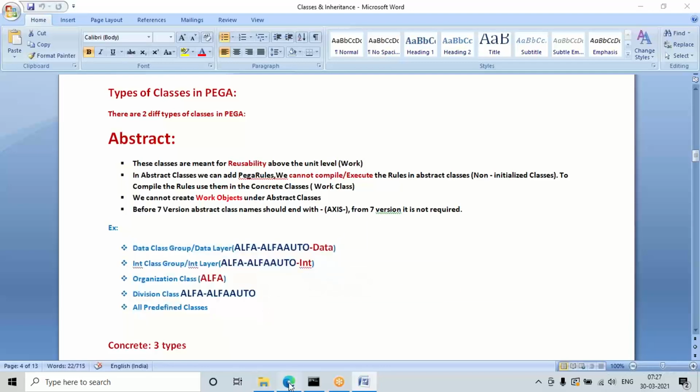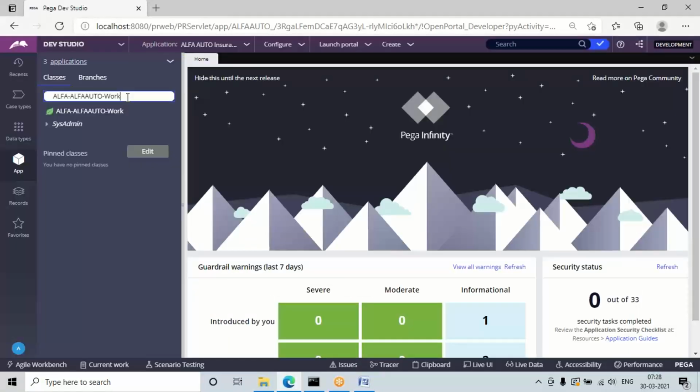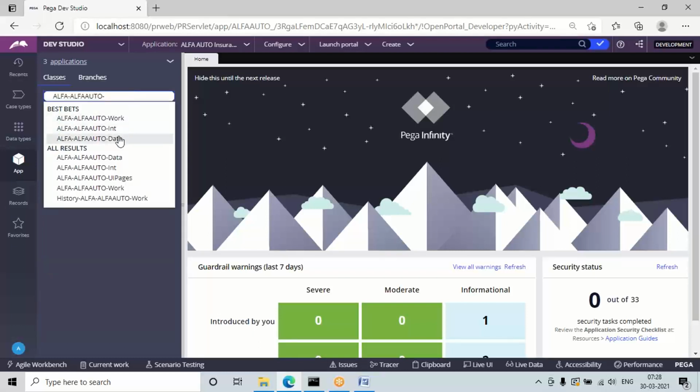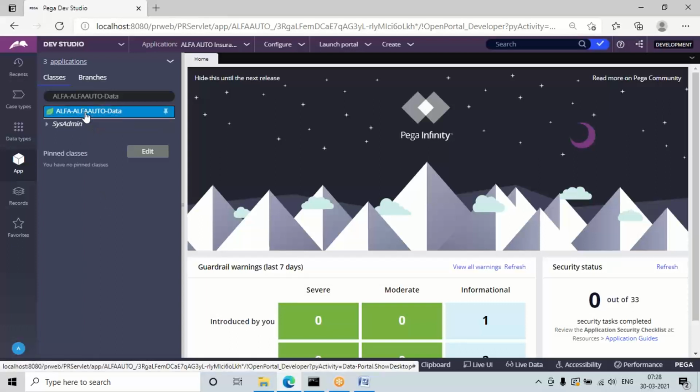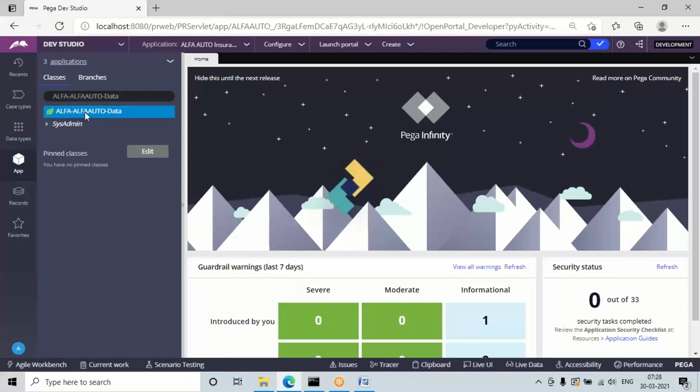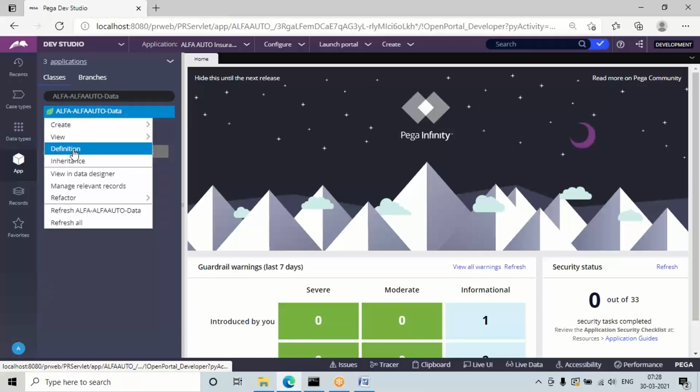Except for what I told you, any other class will be abstract only. If you want to check what type a class is, there are two ways. If you right click on the class, there is an option called definition.